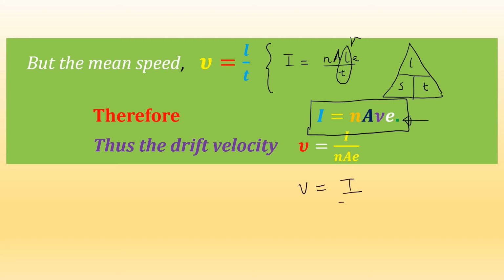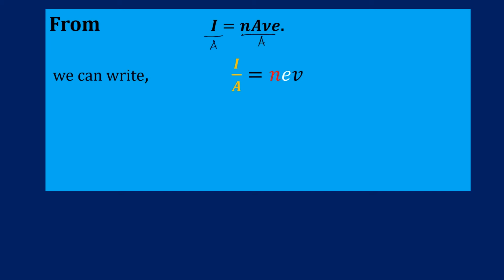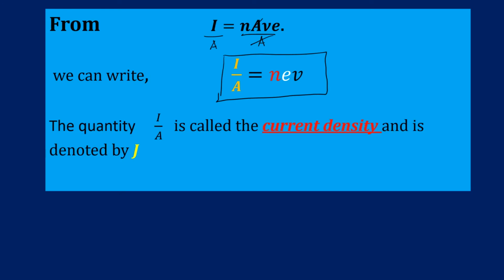So in case they tell you to derive the expression for drift velocity, then you just have to reach this point. From I being equal to n A v e, we can write that expression by dividing by A on both sides. This A goes with that, then you come up with this expression. I divided by A is given another important terminology, and that important quantity is what we call the current density. And the current density simply is defined